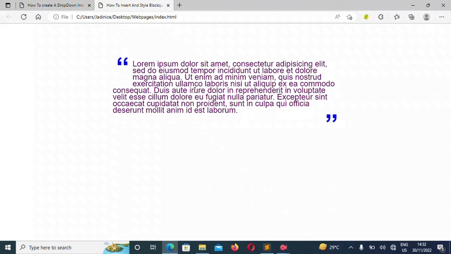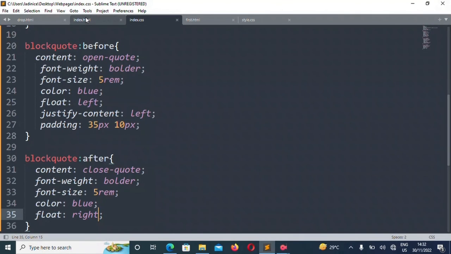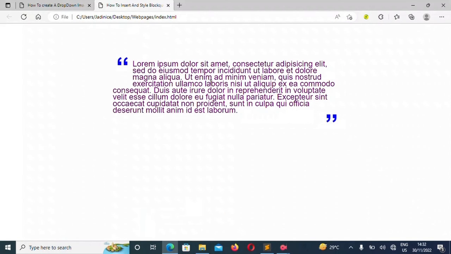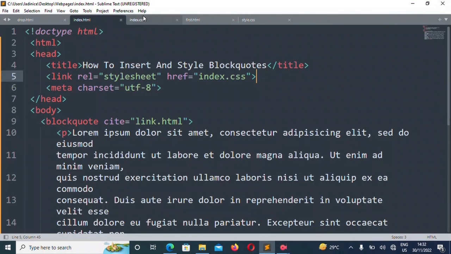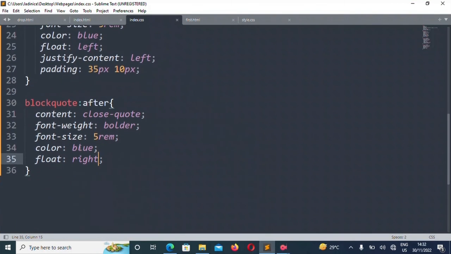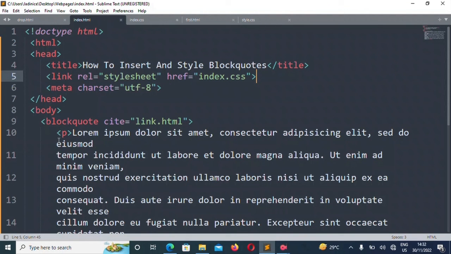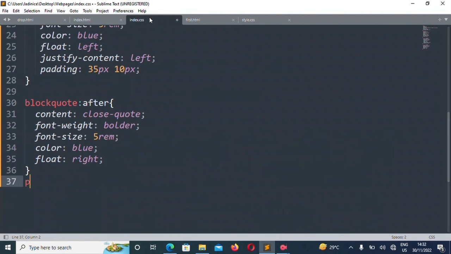And now with this, we've already created a block quote, but I want the paragraph. Remember, it is paragraph that we used in the HTML. I want this paragraph, lorem ipsum, to be at the center so that it will be in the right position. What will I do? We'll go to the CSS and then we will style it. And remember, like I said, it has to be in accordance. After the block quote, the next thing to style would be the paragraph. And so we'll style it and we'll make the text align to be center.